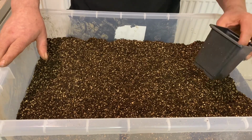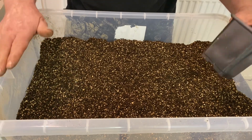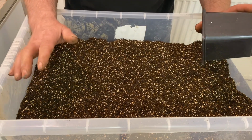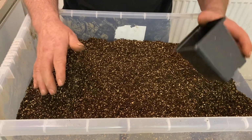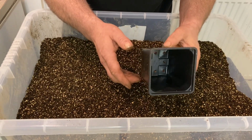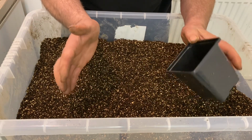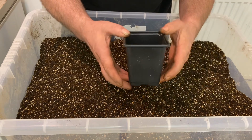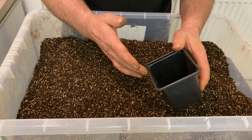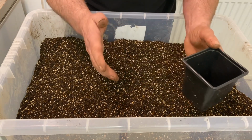Right, just a quick go through on the mix that I'll be using for this third potting. This is simply all done by volume, and I've used 3 of these. It's by volume, but 3 pots of the compost of your choice, sieved. I'm using the Vitax now. Then I put in 1 of these of fine vermiculite and 1 of, it's Levington's, but it's